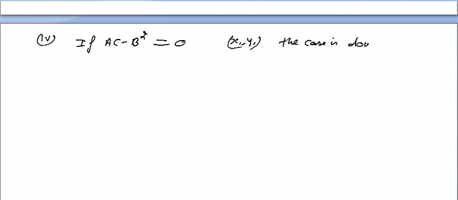Meaning you are not clear whether it is a point of maxima, a point of minima or a saddle point. Correct? Then you will check with some other method, and I will explain how. It is very easy, but I will discuss it when I take the example.